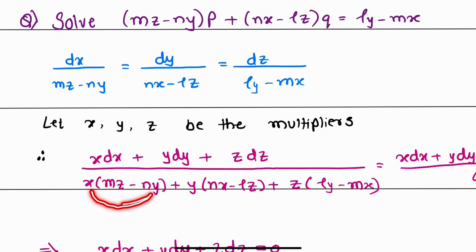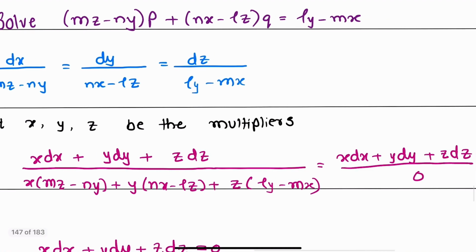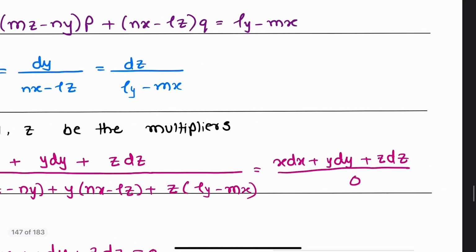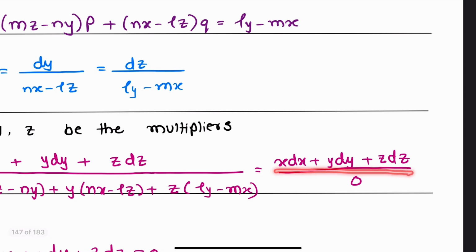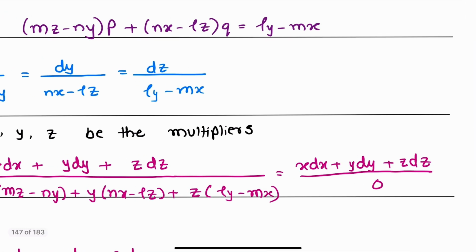Then x into ny, that is minus nxy, and here we have plus nxy. These two will get cancelled out. Then we have minus lyz, and here we have plus lyz. These two will cancel out. So the denominator is 0, while the numerator is x dx plus y dy plus z dz equals 0. If we get the ratio in this form, we can directly say this numerator is equal to 0 for the ratio to hold,